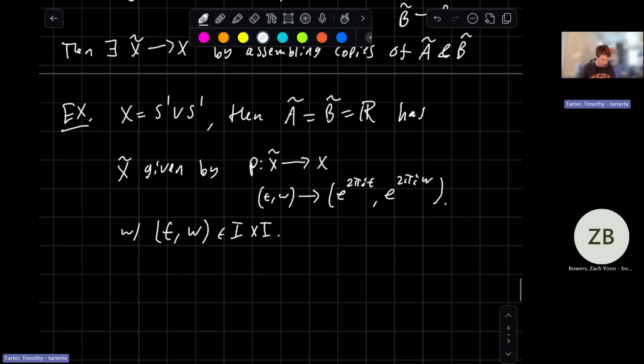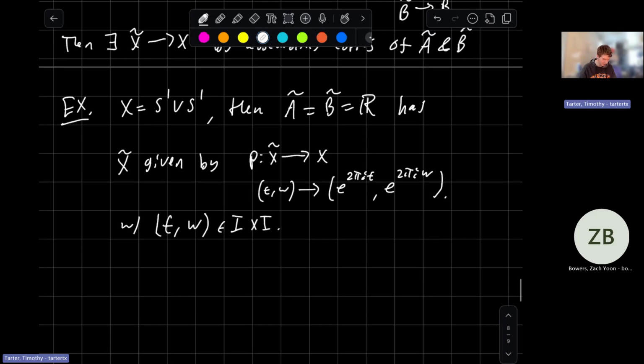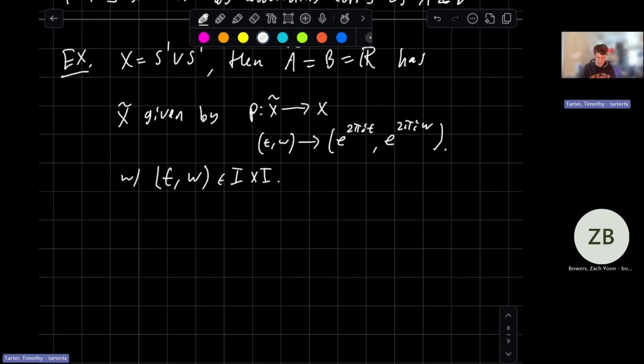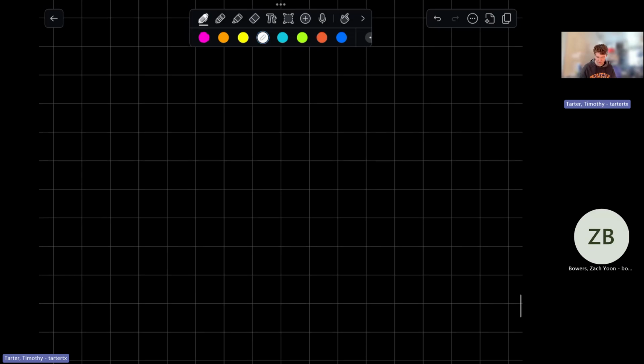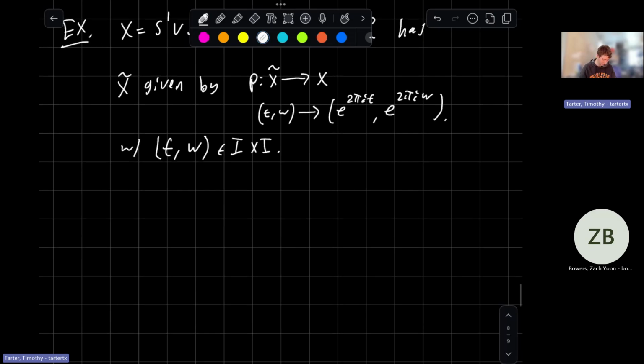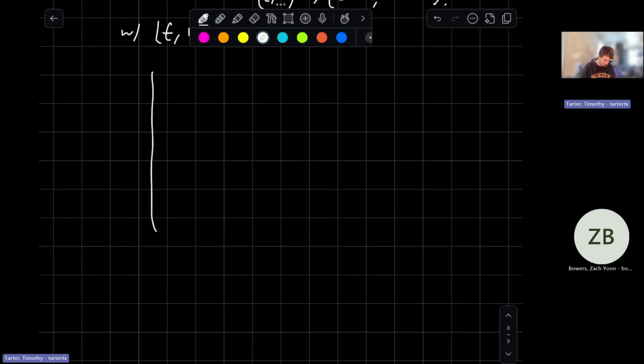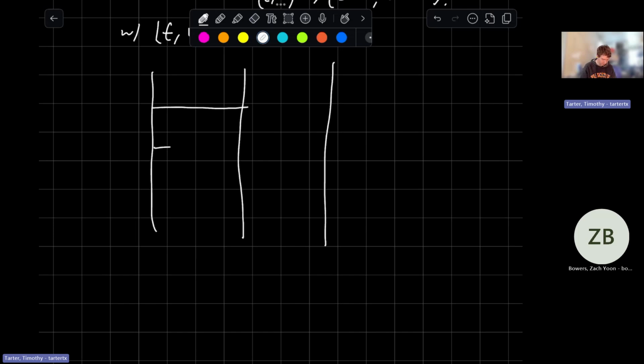And if you want to do this for a cylinder rather than a sphere, then you are given an identification M and N, and there's an associated thing. What this looks like is just drawing a bunch of lines between things. Like if this is y, x, x, and it's kind of like,